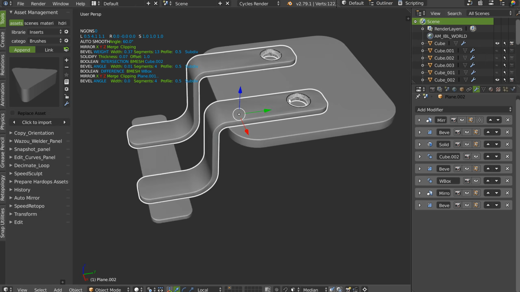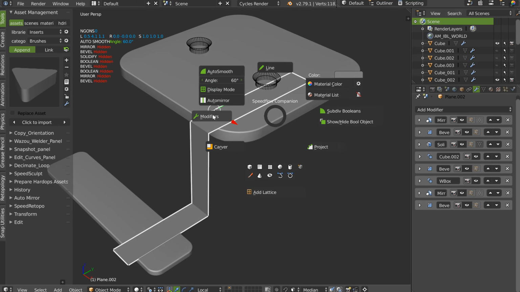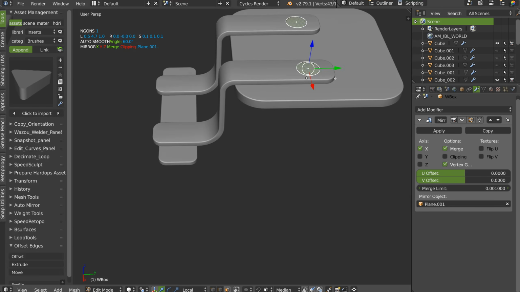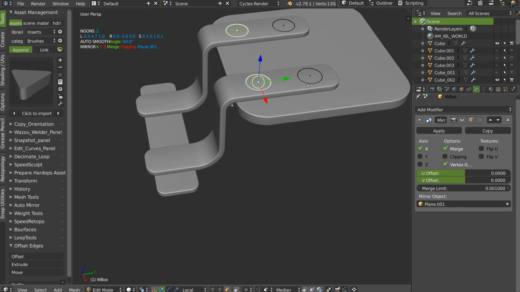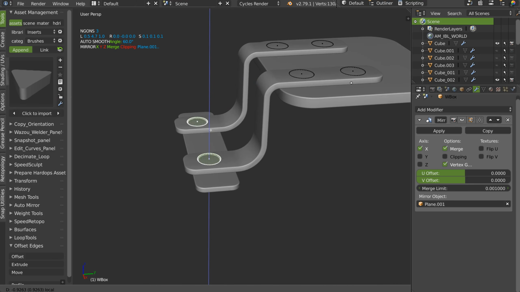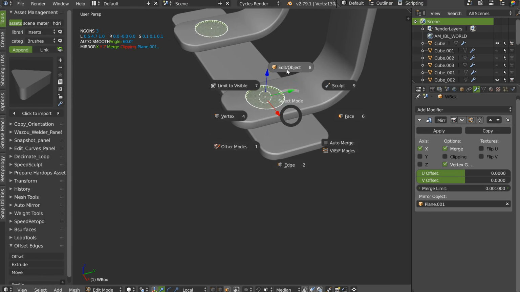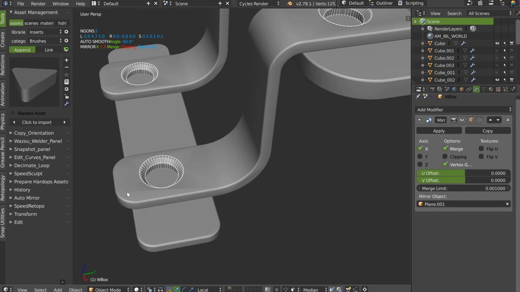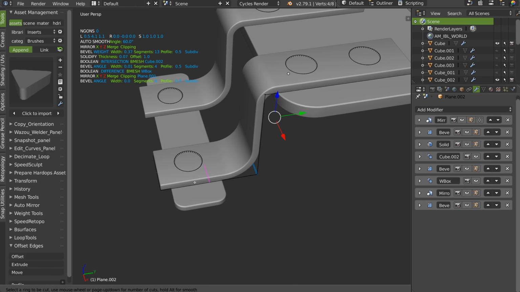Like this. So now, if I press Alt on modifiers, as you can see, I just have this here. I will duplicate this one in edit mode, Shift D, like this, Shift D, like this, and now, if I do this, I have this result. If you want to avoid this artifact, you can add a subdivision here.